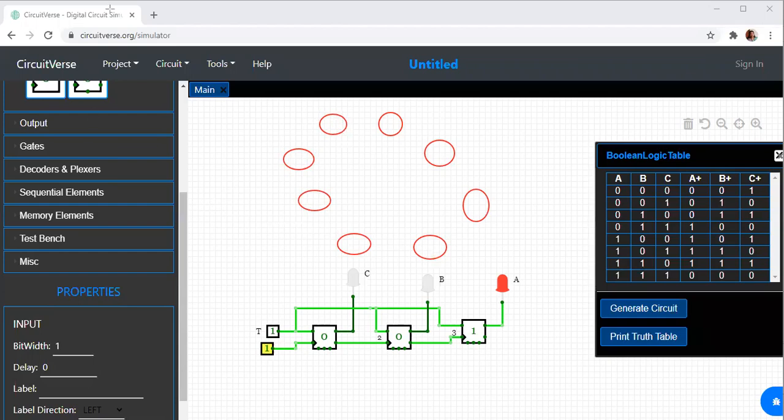Now how is the circuit varying? From S0 it will come to S1. From S1, if your previous state is S1, next state will be S2. If your previous state is S2, next state will be S3. If your previous state is S3, next state will be S4. Previous state is S4, next state will be S5, S6, S7 and back to S0. So this is the state diagram, circular in structure.